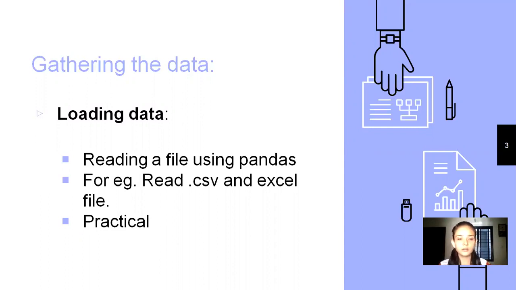But over here, I have two small data sets. We are taking very small data sets just for an example. We will make it very simple as we are doing it for the first time, and then we will increase the size of the data set. So over here, we have the first step, gathering the data. I have two different data sets, the loan data set and the drug data set. We will see in detail.